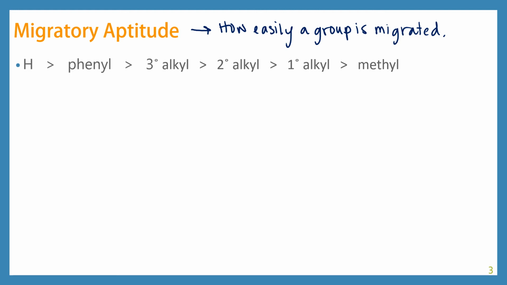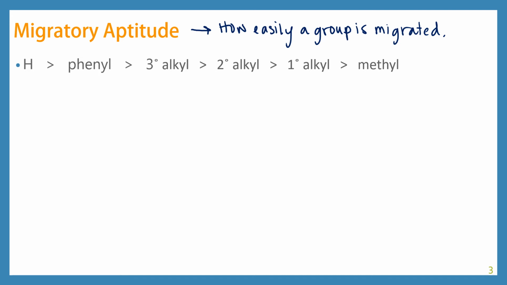Our migratory aptitude is that hydrogen moves more easily, and that's simply because it is a tiny atom and it's easy to move. Then a phenyl is more likely to migrate than a tertiary alkyl, which is more likely to move than a secondary, which has a greater migratory aptitude than primary, and so forth. So most of this comes down to